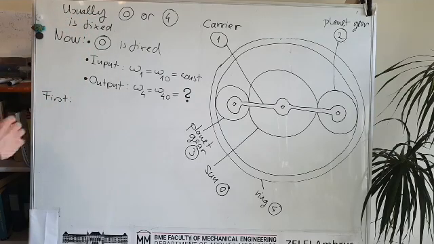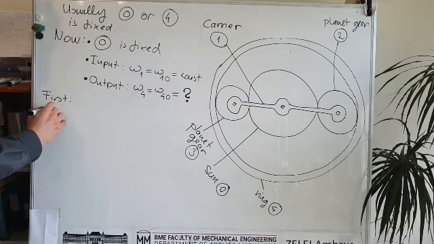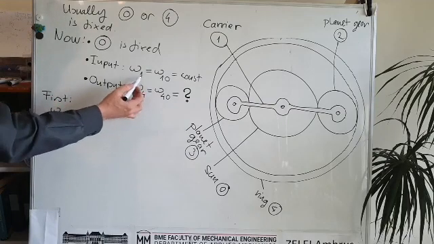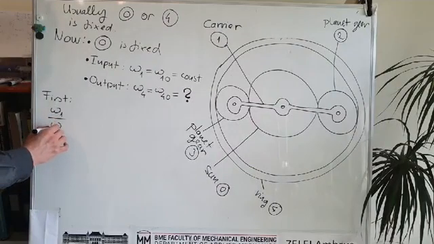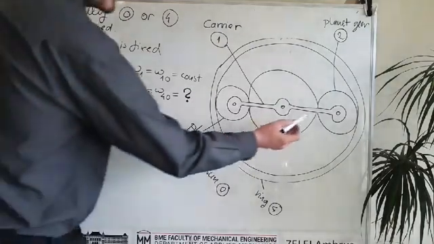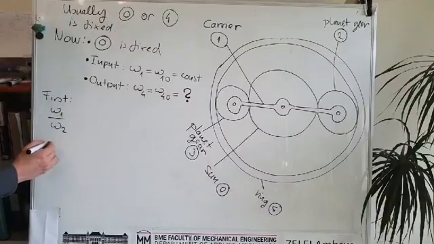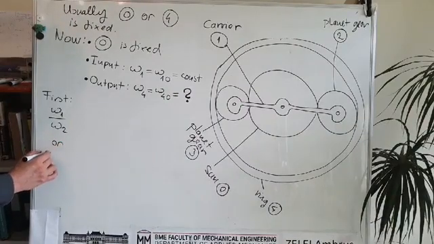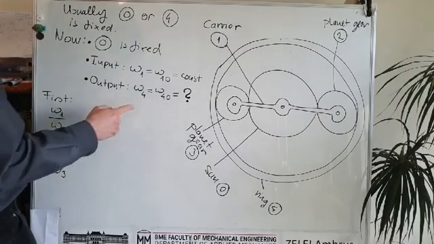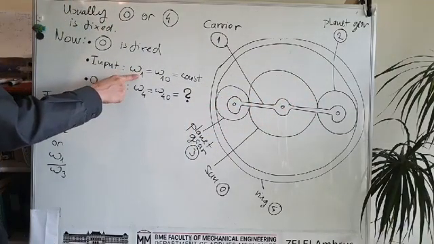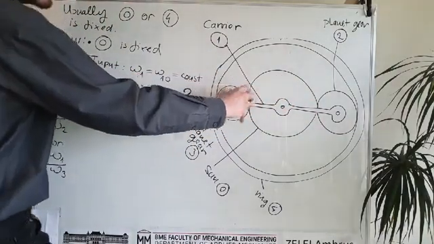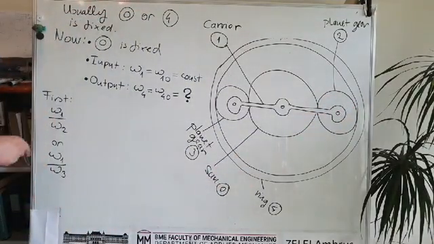We will apply for the first, which is given, rigid body, and the second rigid body, which is a planet gear. Or we could do the same, so we can also calculate the omega 1 over omega 3. So first we will be able to calculate the ratio of the input angular speed omega 1 and the angular speed of the planet gears. So we can calculate both,